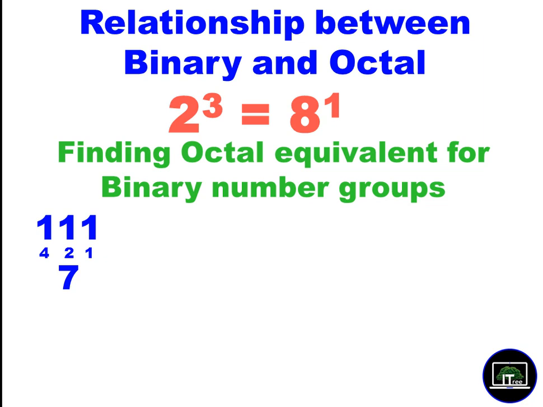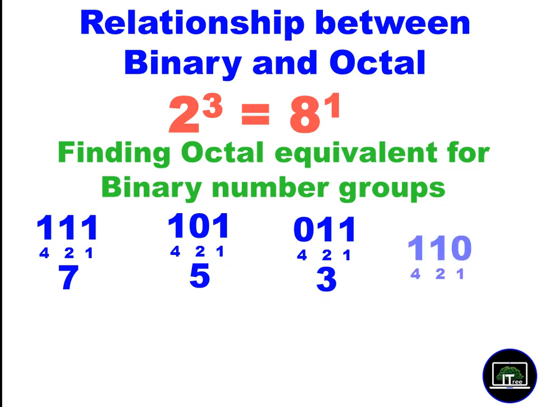When you're writing under that group, you write 1, 2, 4 starting from the end. Then you calculate. Look at this number now: 1 0 1. You write 1, 2, 4. Here there is 1 one, 0 twos, and 4, so 4 plus 1 is 5. Look at this number now. There is no 4, but 1 two and 1 one, so it becomes 3.